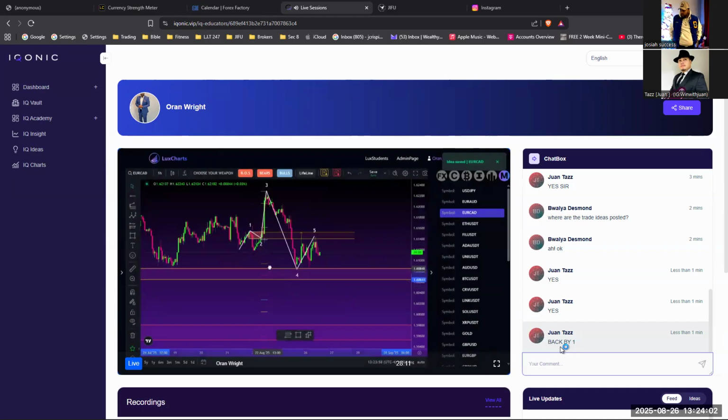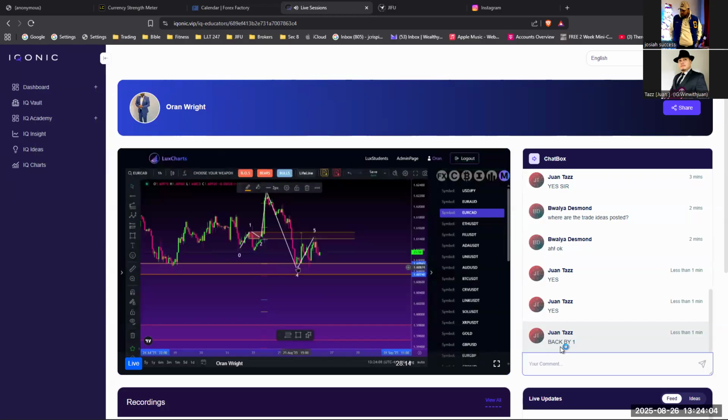I had my fibs in the wrong place. So target 1 was hit once already. If you were in that trade, target 1 off the level, boom. That target was about